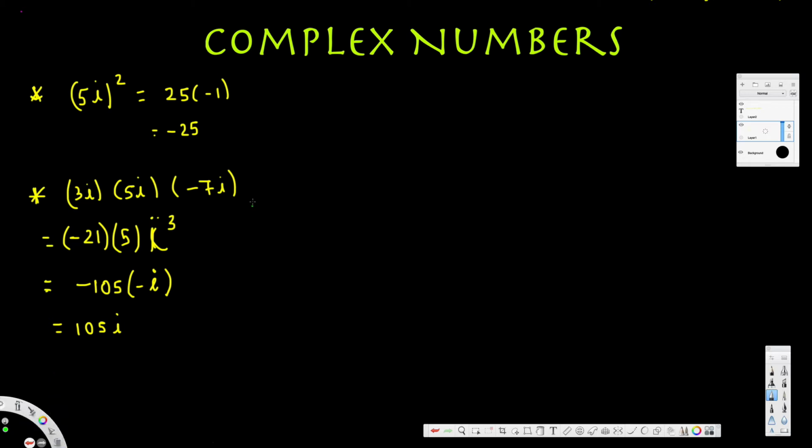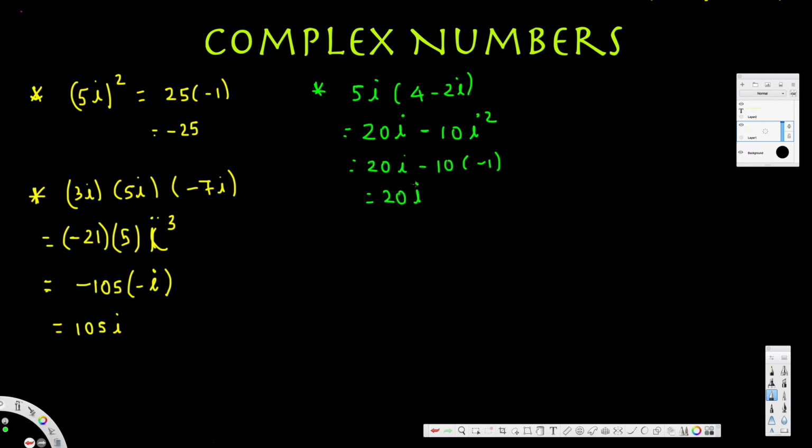Now let's look at another problem. Let's say we have something like this: 5i times 4 minus 2i. First what we have to do is multiply each term by 5i. So the first one is going to be 20i, and then we are going to have minus 10i squared. 20i remains the same, and 10 times i squared, and we know that i squared is -1, so 10 times -1,